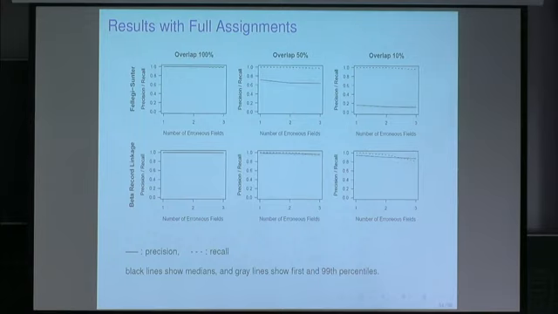We can see that if the files actually have a high overlap, then the Felix-Hunter approach works really nicely, right? So look, the recall and the precision are really high. Okay, and the same thing happens for the approach that I'm proposing. The problem with the Felix-Hunter approach is that as soon as the overlap decreases, the performance decays. So the precision, you can see here, is going down. What that means is that the Felix-Hunter method is linking more than what it should. Okay, and the reason is that